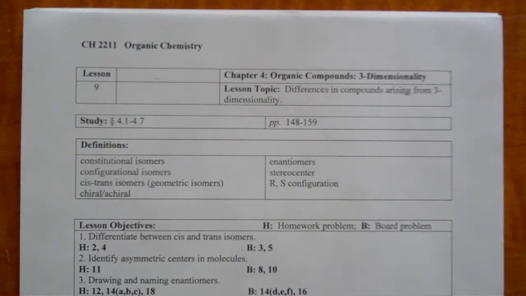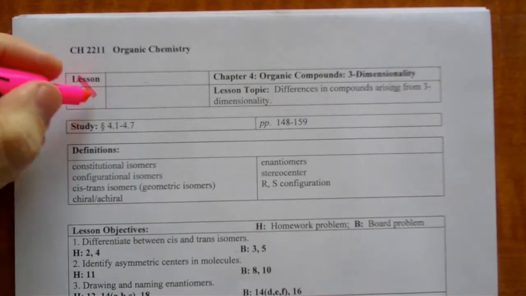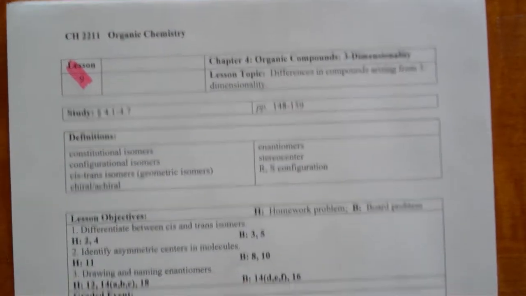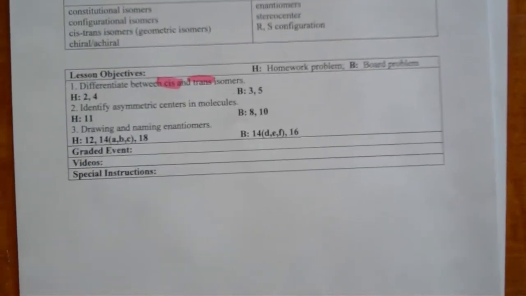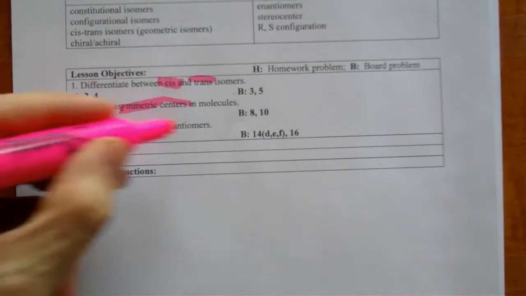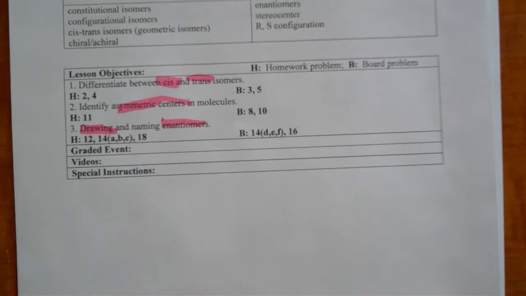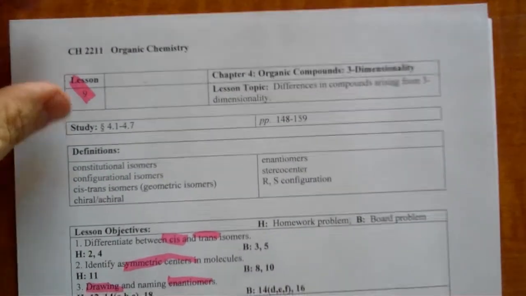Alright, so we're in lesson 9 right now, and the objectives for lesson 9 are: differentiate between cis and trans isomers, identify asymmetric centers, and then draw and name enantiomers. Okay? So the first thing we want to do is differentiate between cis and trans isomers, and the way we're